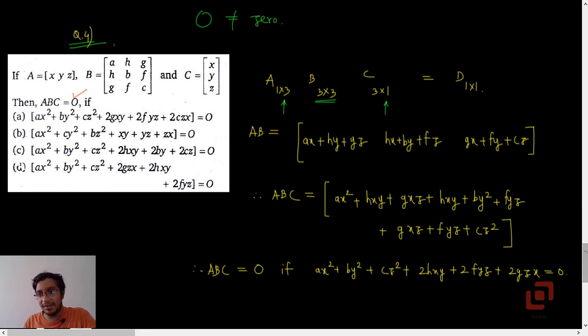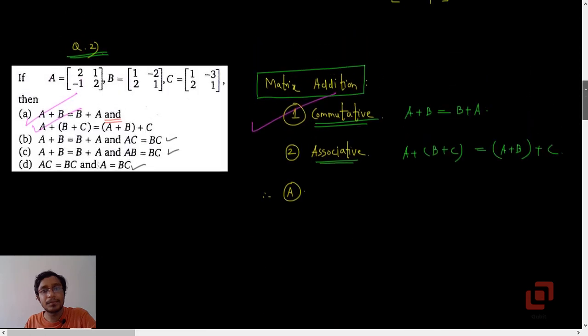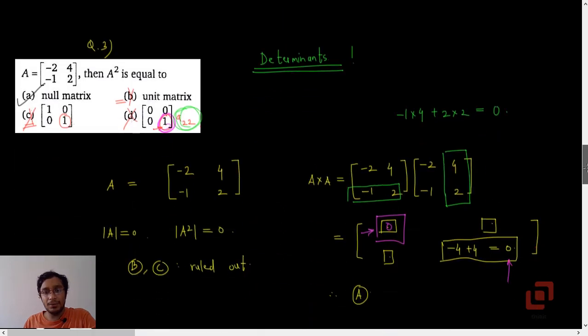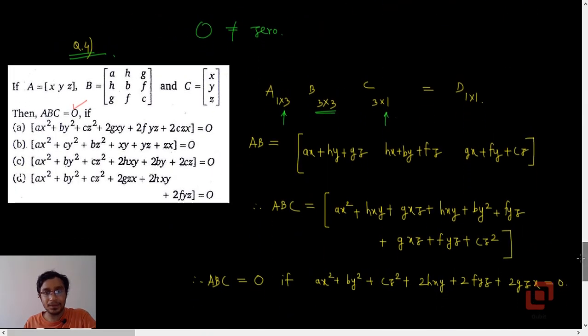Now just like matrix addition, matrix multiplication is also associative but not commutative. Okay, it is associative. So AB into C equal to A into BC. Certainly does not matter. If you first perform A into B, then that will result into a matrix whose order is 1 cross 3. Let's call it E. And if you then post multiply this matrix E by C, then you will get a matrix whose order will be 1 cross 1. And they want it to be a null matrix.